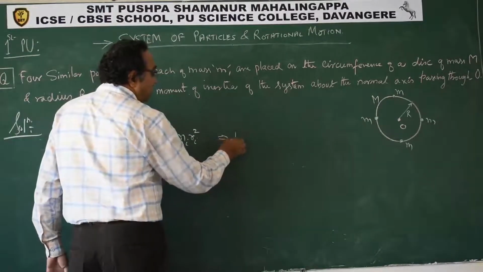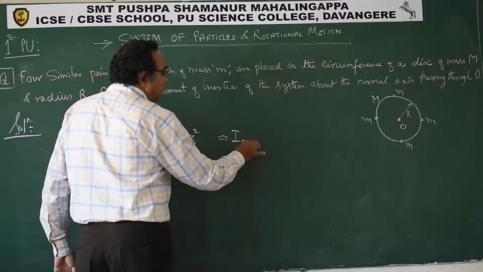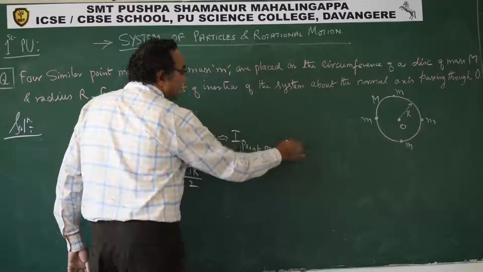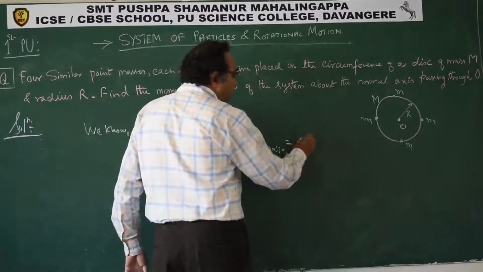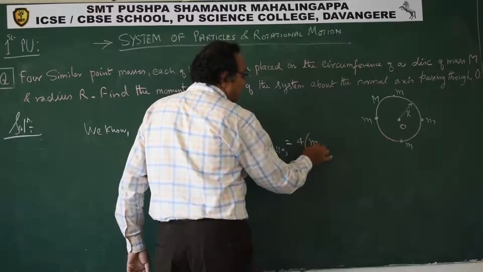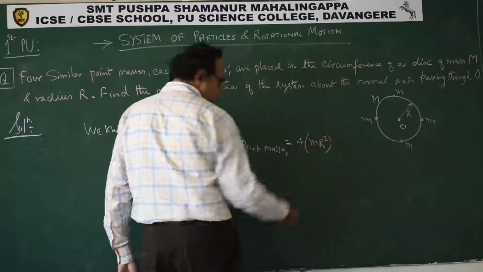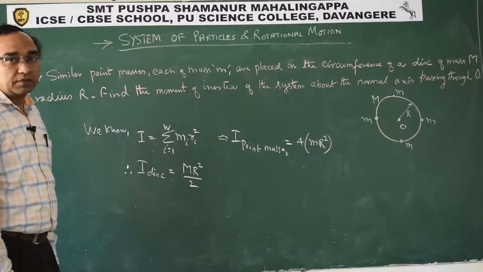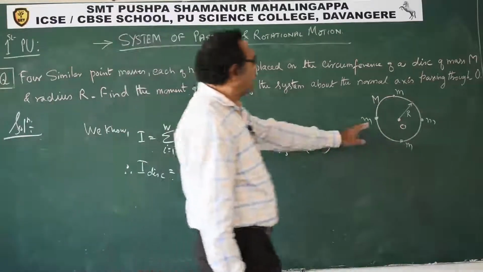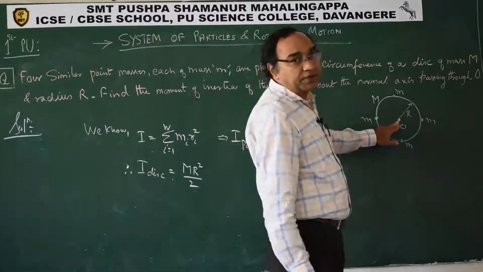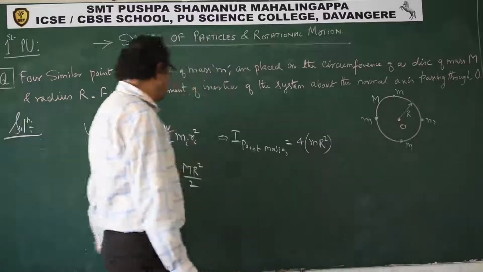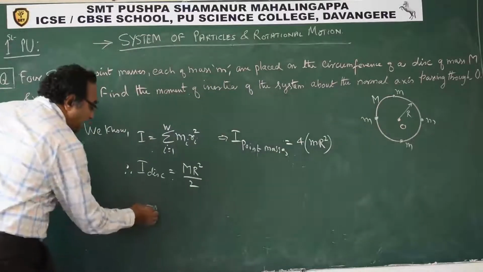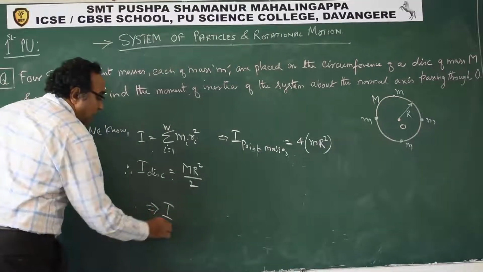From this we can say I of point masses will be 4 times m r square. This is exactly what we get, because each mass is at a distance of r from the center. So mr square plus mr square plus mr square plus mr square. So therefore we can say I of the system